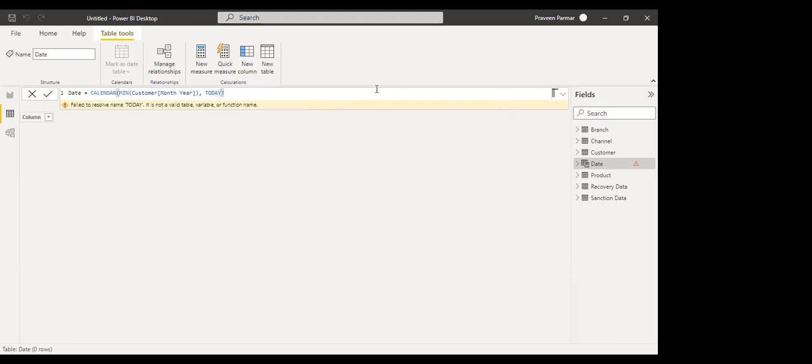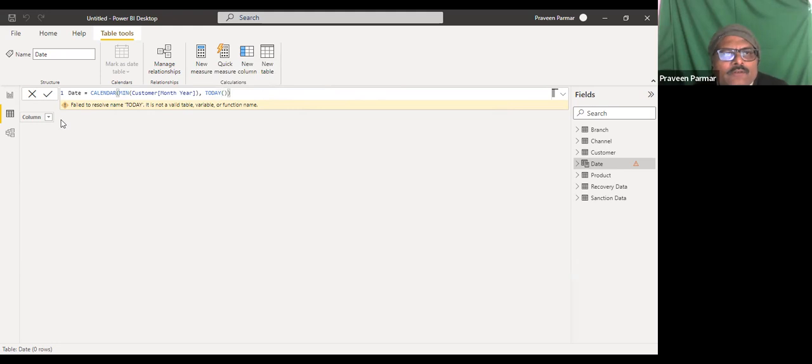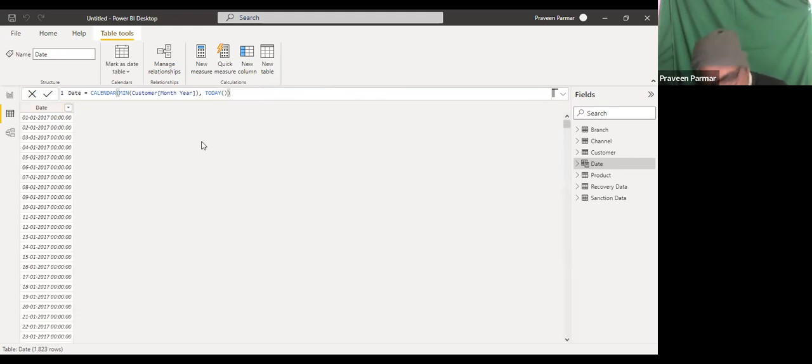Just a moment. I forgot to put it. Got it. Okay. I have not closed the minimum function here, and for today I have not used the two parentheses.